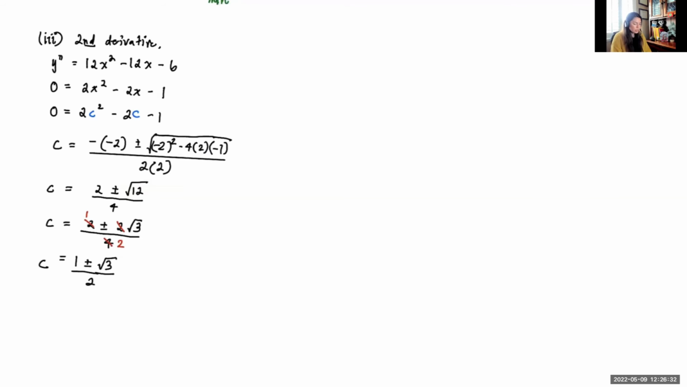Now, in order to determine concavity, we do have to do that number line. So when you do that number line, you're going to have 1 minus square root 3 over 2, and then 1 plus square root 3 over 2. And I can tell that this is going to be negative from 1 minus that, and then 1 plus will be positive. So if I go ahead and just draw my little line here,